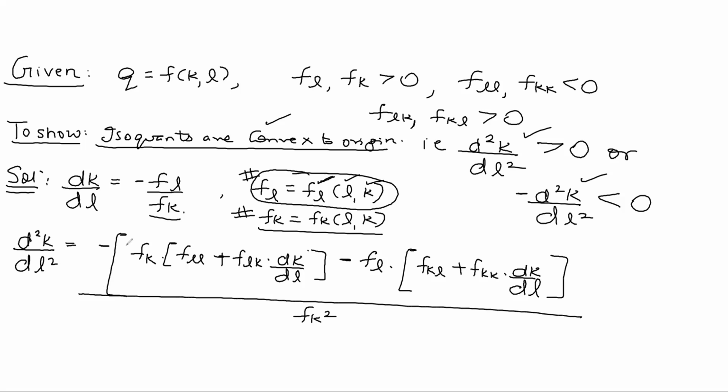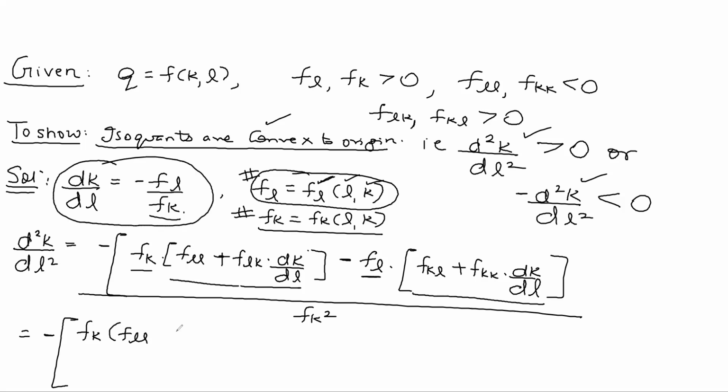So this is minus of denominator into derivative of numerator minus numerator into derivative of denominator, upon denominator square. Working this out, this is FK into FLL plus FLK into dK by dL. Now what is dK by dL? Minus FL by FK. So it becomes minus FLK into FL by FK, minus FL into FKL